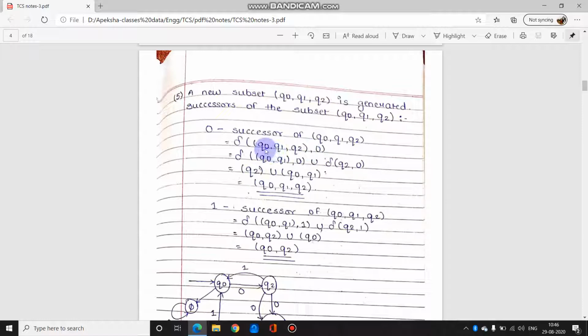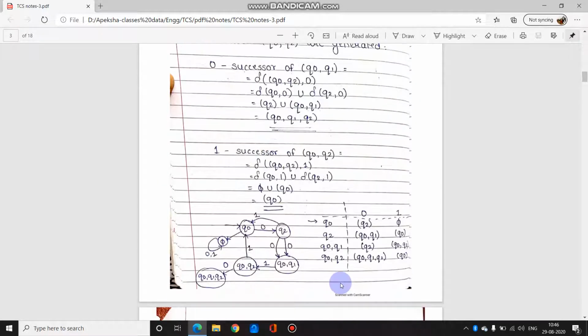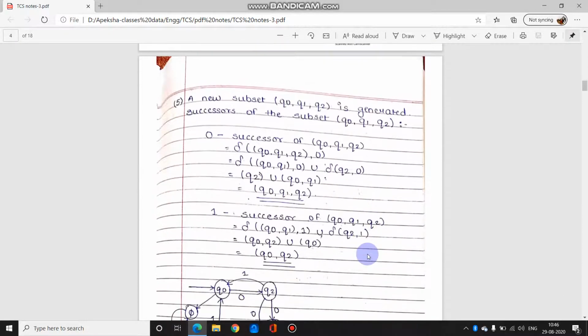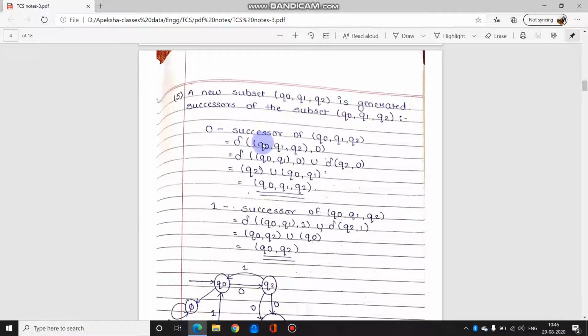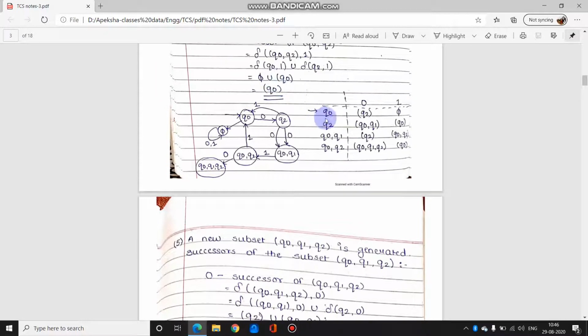Similarly, if you want you can do it separately, or if you want you can just consider this Q0, Q1 together and Q2 separately, क्योंकि ये state अपने पास already available है over here. See, Q0, Q1 state is available, Q0, Q2 state is available. So if you want you can do it individually, but if you take it all together you will get that state directly, so you don't have to process it longer. So यहाँ पे इसके लिए ऐसे combine किया है, Q0, Q1 को एक single state consider किया है because we have taken it over here as a single state to be processing.